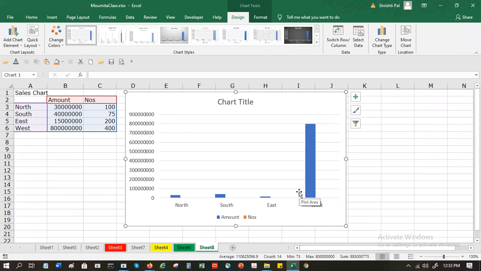Numbers. Has Excel forgotten to put it there or missed it? It has done it, but what it did was it is using a uniform scale. Numbers are too low compared to 3 million.